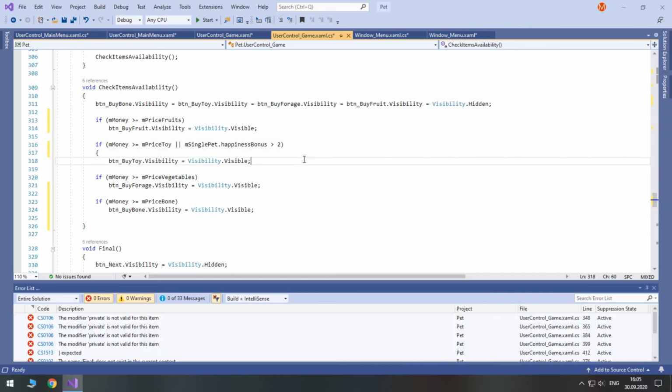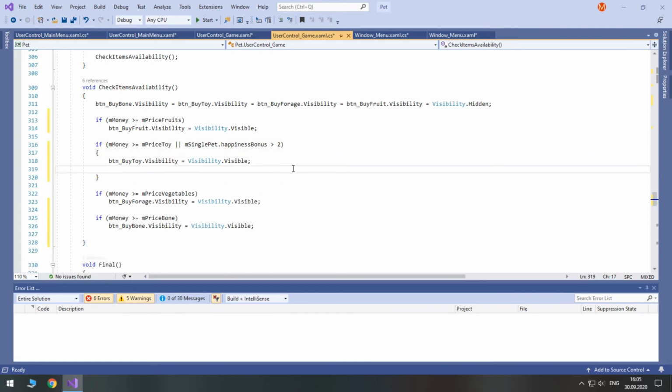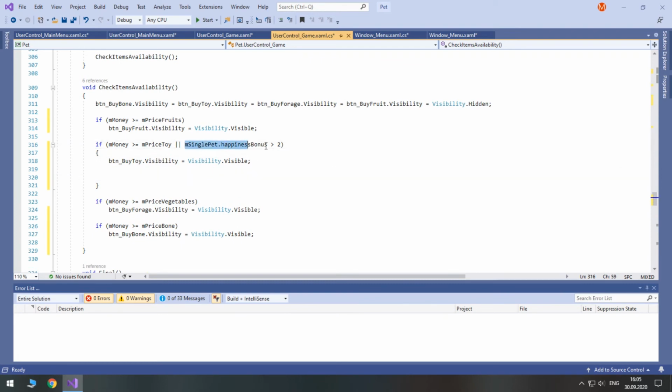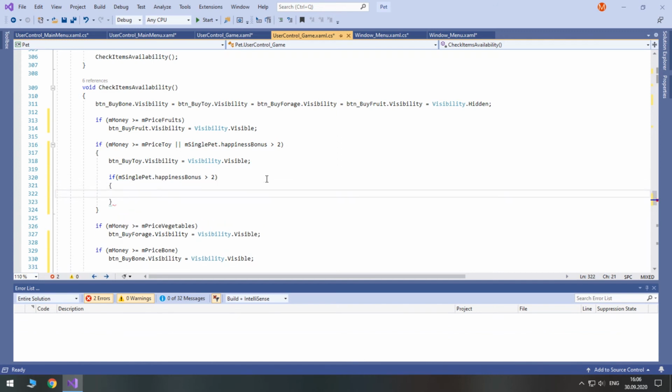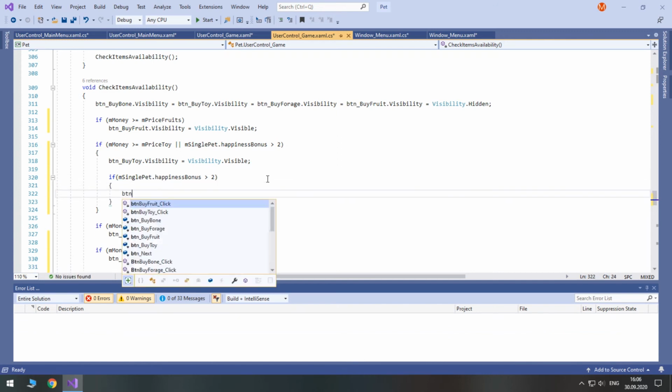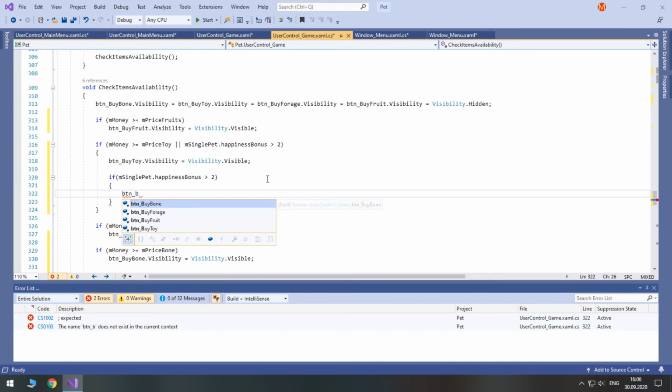But in addition, if it is specifically more than 2, so if it was purchased 3 times already, we first check if single pet happiness is greater than 2, then button buy toy.